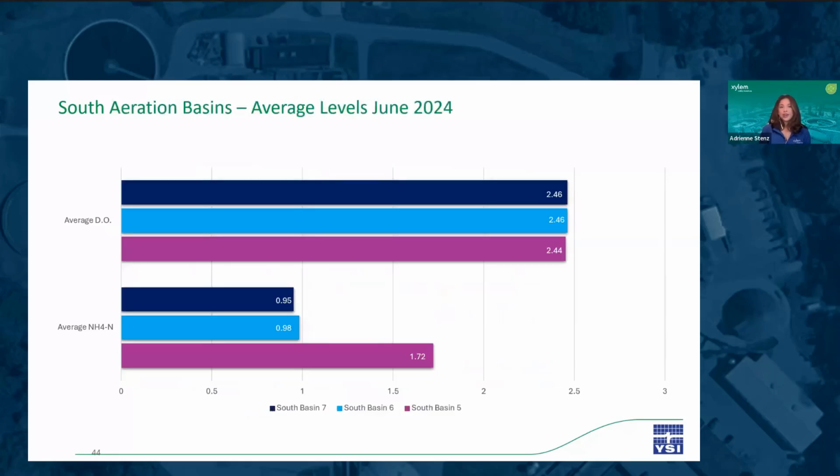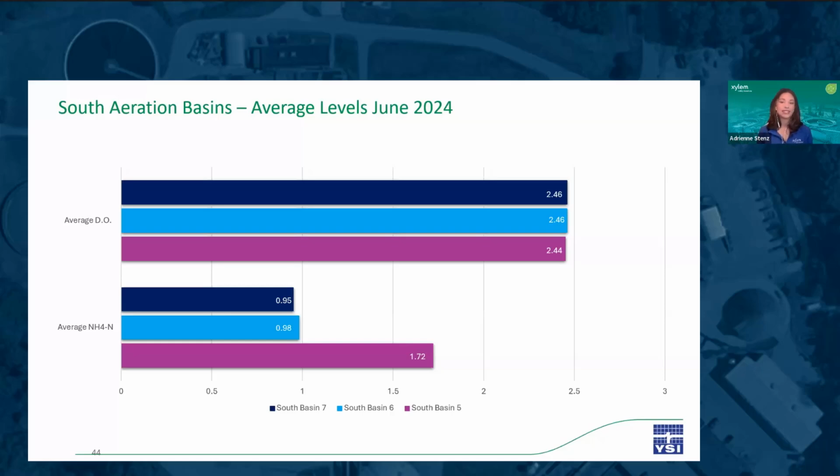These were the average DO and ammonia concentrations in the South Basins for the month. Obviously, DO levels averaged right about 2.5 milligrams per liter for all basins given the DO set point. The average ammonia levels in South Basin 6 and South Basin 7 were low, right below 1 milligram per liter for the month. Both these sensors are located pretty far upstream in the aerobic zone in the basins. For South Basin 7 in particular, it's located about 10% of the way down the aerobic zone, which begs the